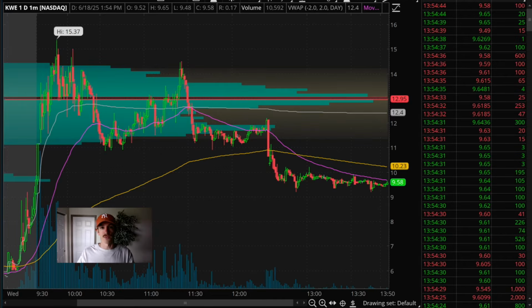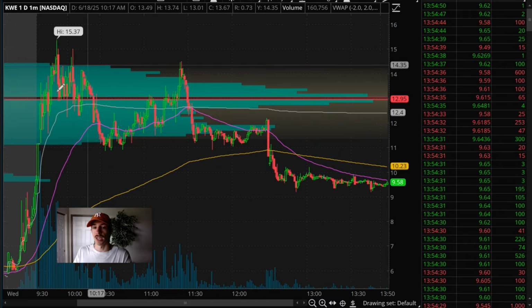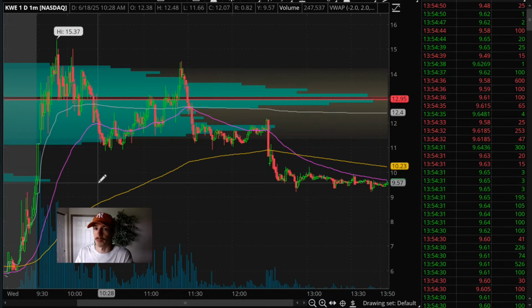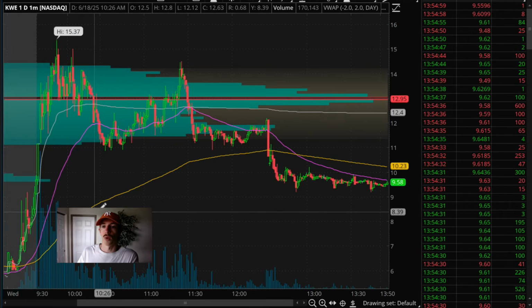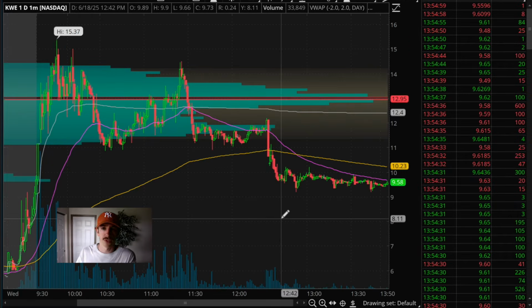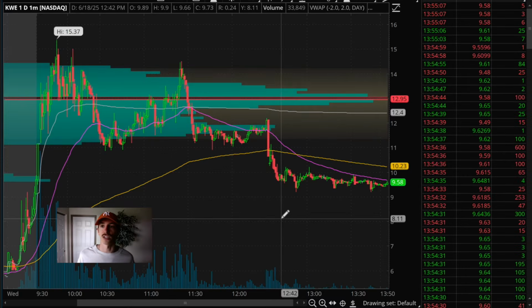I want to start off this video by talking about the differences between some of these time frames, and we're going to start off with the 1-minute time frame here, taking a look at the chart for KWE. So first and foremost, what you'll notice with a 1-minute time frame is that there's a lot of choppiness, there's a lot of volatility, and there's a lot of quickness in the movement, obviously because it is such a short-term